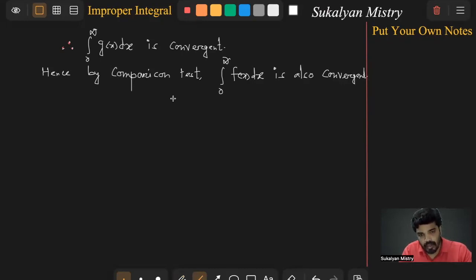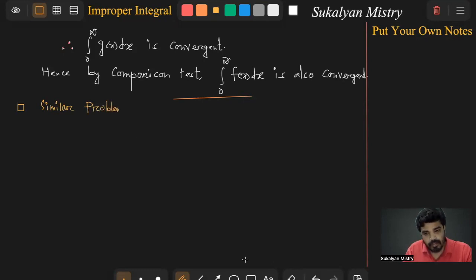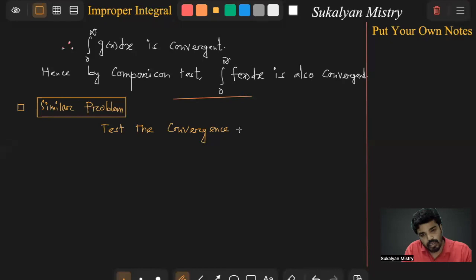Okay, clear? Similar problem. Test the convergence of the integral 0 to infinity cos mx divided by x square plus a square dx. একদম সেম,